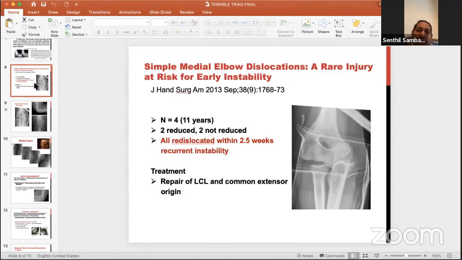Is there a role for elbow arthrogram? Why would you do elbow arthrograms? I would do elbow arthrograms, for example, if I'm doing a lateral condyle in a child. Then, medico-legally, to show the reduction, I always put a dye in because it's all cartilage. I'll show that the cartilage is all congruous, so that if there is some growth plate injury, my back is covered. But in terrible triad, I wouldn't personally think of a scenario where I should do an arthrogram.